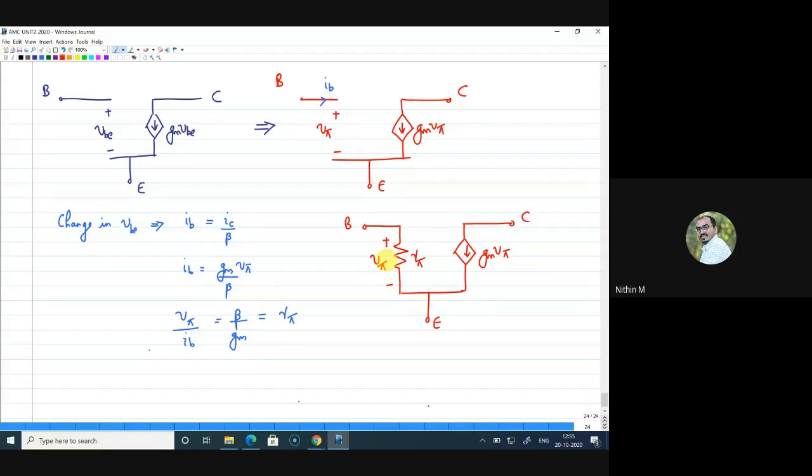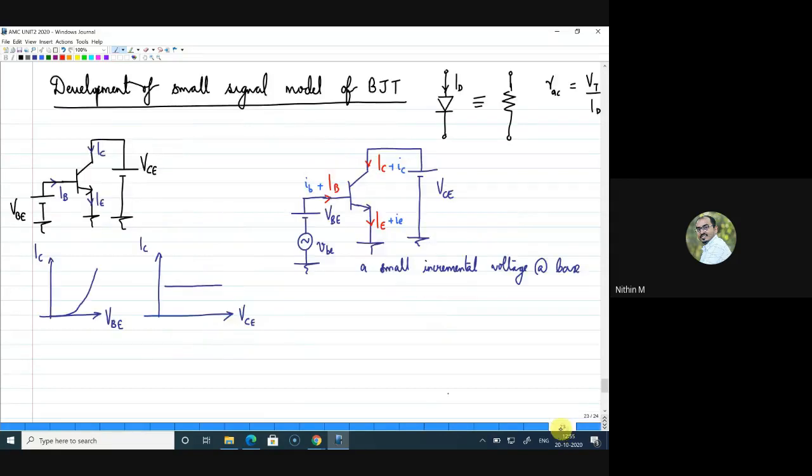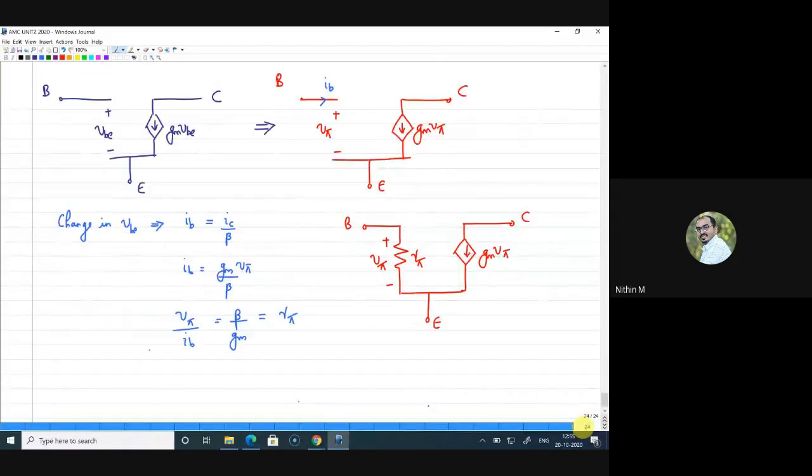If you look at the initial model that we had previously, we represented the transistor using a forward bias diode between base and emitter. Now we know that a diode is well represented using a small signal resistance whose value is decided by the volt equivalent of temperature and the current through it. Similarly, here you have this R pi, which is the small signal resistance of the forward biased diode. What is the current flowing through this R pi? That is IB.